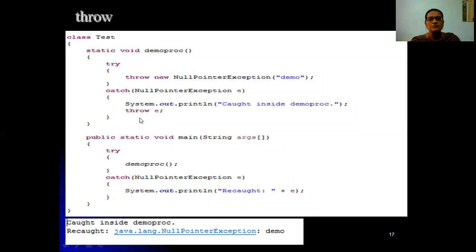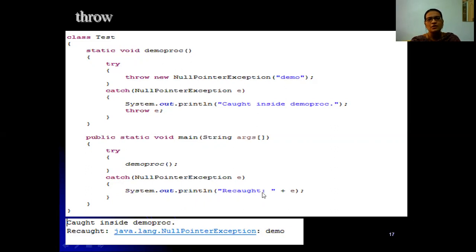Within the catch block we have another exception, that is throw e, the same exception. That exception should be handled by the main method. Within the main method we have a catch block, NullPointerException, with System.out.println record, right? First time we caught this error in the method itself, and again we have thrown this exception.